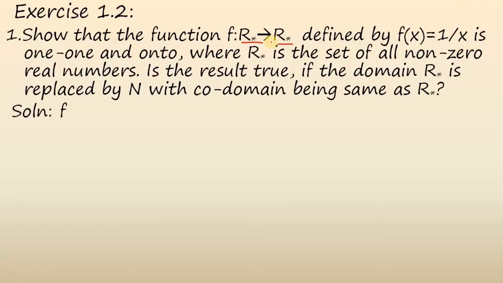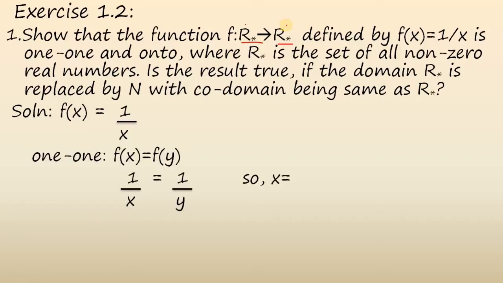So let's see. For 1-1, okay, the function we have is f(x) = 1/x. For 1-1, we have to see if f(x1) is equal to f(x2), or here let's just take x and y, okay, it's easier to tell. So we have to check if f(x) is equal to f(y) and if x is equal to y. So where is this x and y coming from? It's coming from your domain, okay. For 1-1, we see it from the domain, and for onto we see it from the codomain. Now let's assume x and y are coming from your domain, and f(x) must be equal to f(y). So applying the function, you get 1/x = 1/y, which means x is equal to y. So it is 1-1.